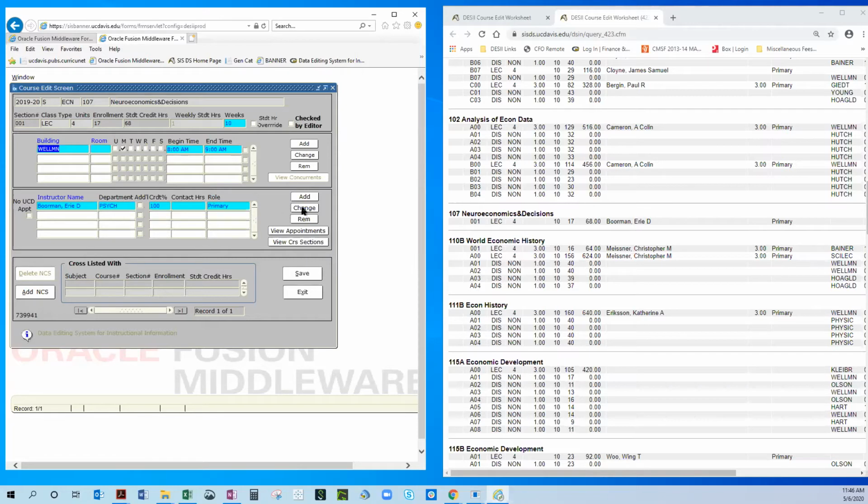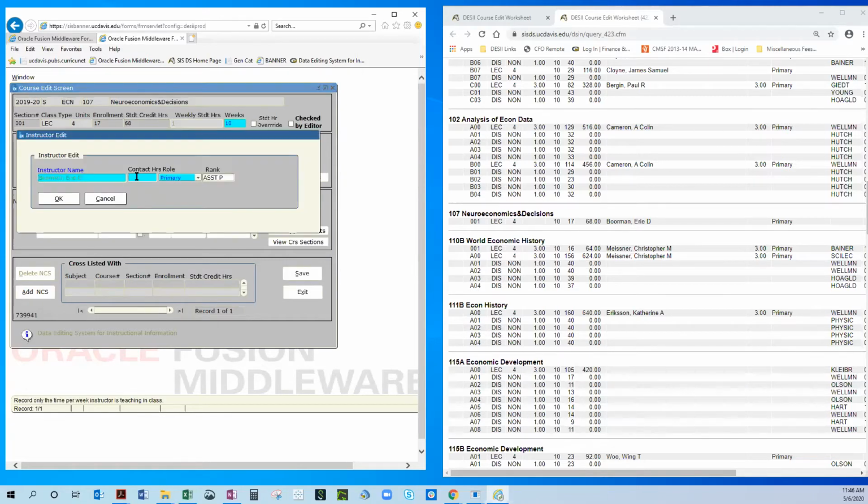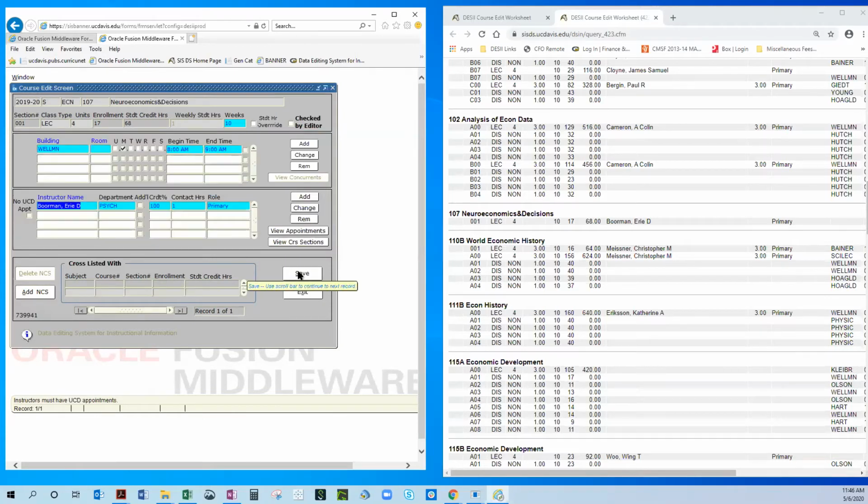And so the next step is to highlight the instructor. And then you would also now put in his hours, which would also be 1 hour. Now, if he only did half a quarter, then you would put 0.5. And then you would hit save. And then if you refresh your report,